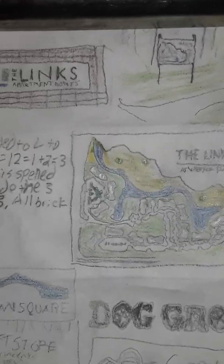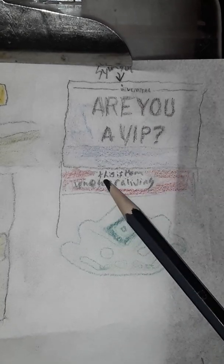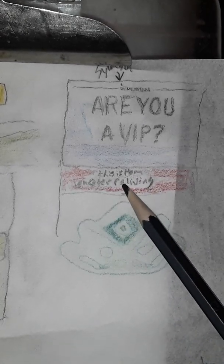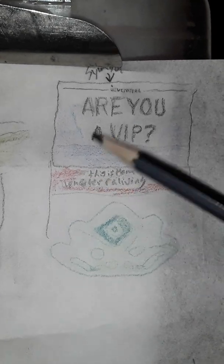So then you got next to it, it had this sign in the grass, like right across the way. There's a symbol on the sign right here, but it said, "Are you a VIP?" And then this is home, and then Ventura Living or something. It was like this housing company, but I zoomed in on that little symbol. It was like a flowery symbol, but when I drew it out, it just looked like a frog head